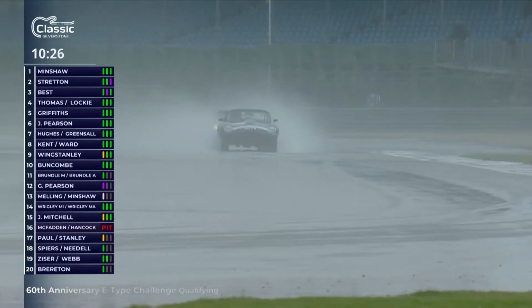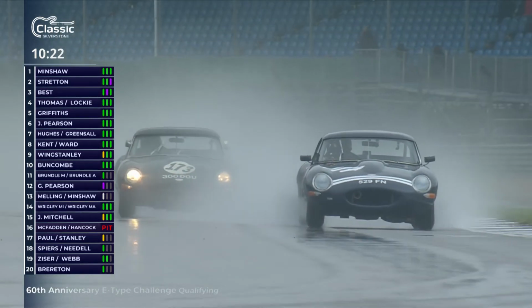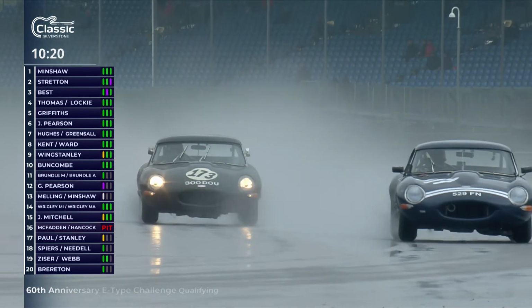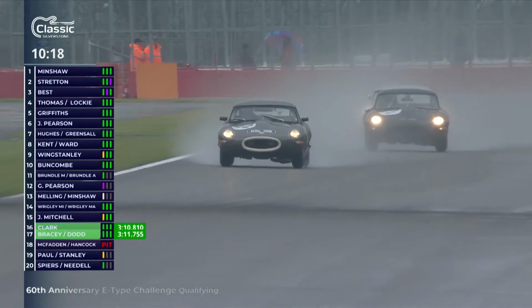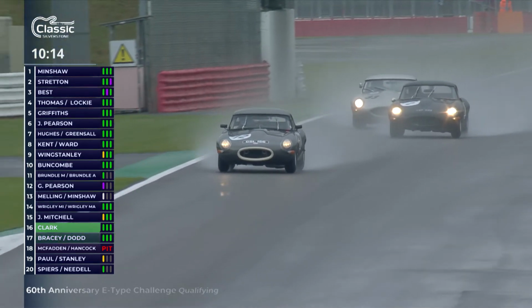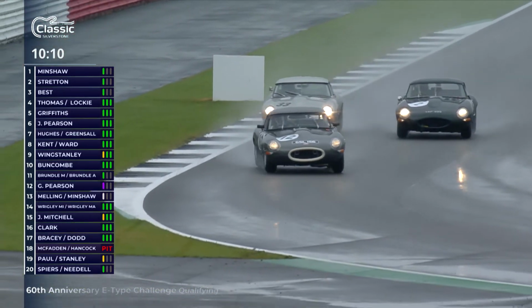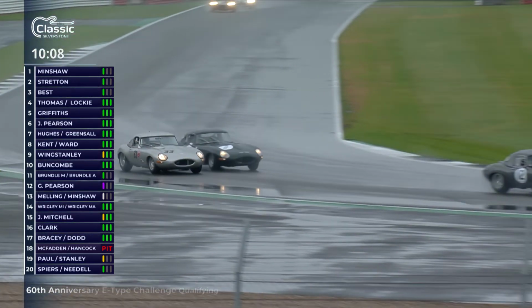Just popping in there well inside the top 10 is the Jonathan Hughes and Nigel Greensall car. We know how quick Nigel is, but Jonathan also quick as well, so that's a good pairing, and they're up into 7th place. And that's pushed Buncombe down. I don't know whether Buncombe...